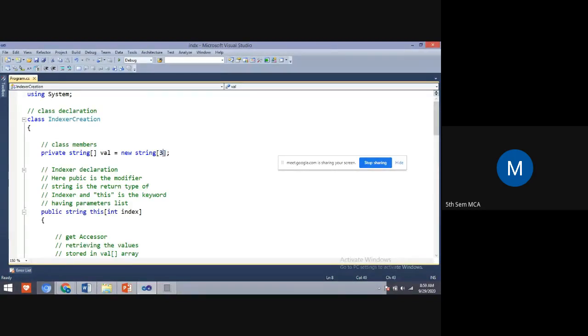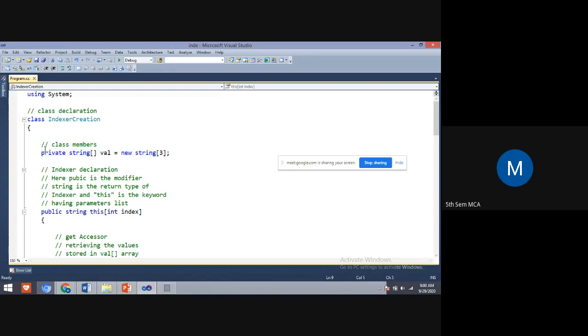If we give more than the given limit, the program should not terminate abruptly. It should give a proper error message using exception handling, which we have done. If the input crosses more than 3, it should display the error message, the array out of bound exception. Correct, students? We have seen this in our lab program, and in the theory part also.